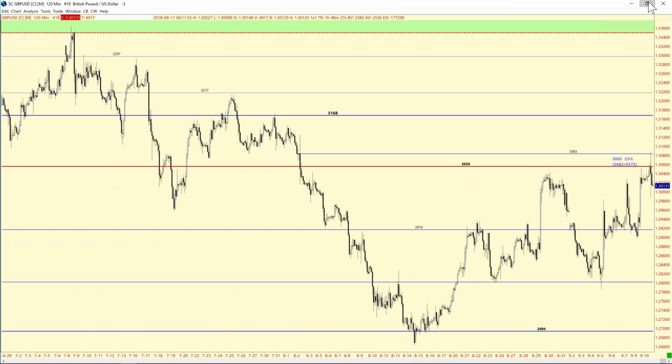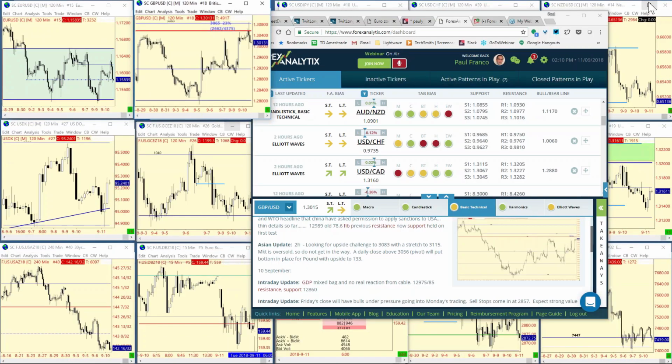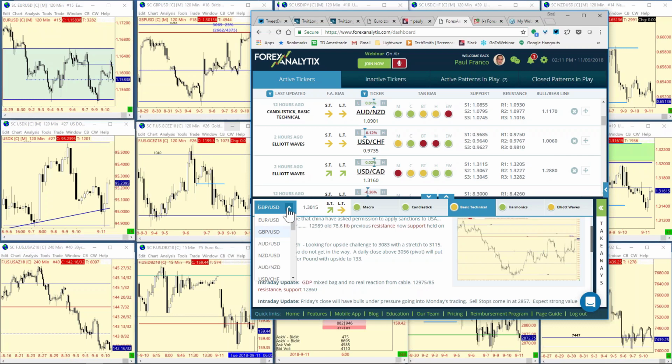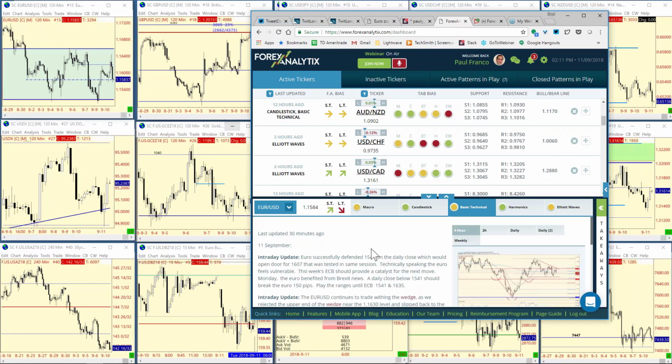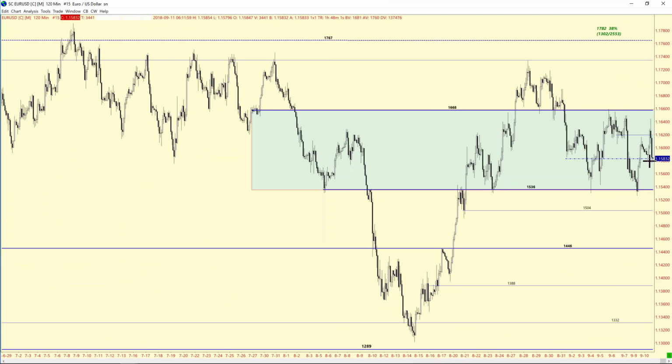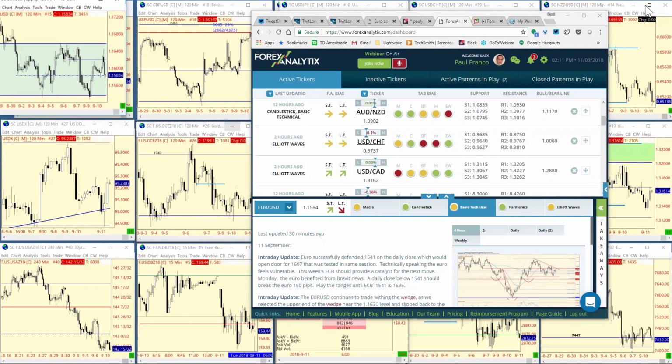And you get up in the morning and go, okay, what's happening with the euro? You just click on it here. What analysis have we got? Let me do a quick overview and see what's going on. Okay, defend 1541 on Monday. We'll play the ranges between 1541 and 1635. Well, look, we made that run up here to 1645, and look, we've dropped. We had a pretty good little drop here at 83. So we've dropped 50 pips when we were saying play the ranges. Now let's get into the analysis. Enough of the talk. Let's get there. So let's move this here.